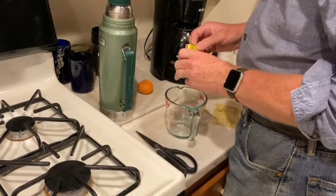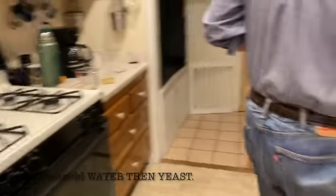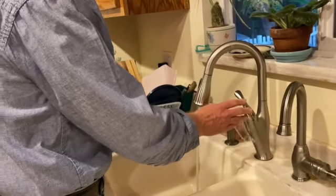Sometimes old yeast doesn't work. Yeah, okay. Or it can be slower. Okay, warm water, then yeast. You have to have warm water and sugar. Okay. Sugar is for